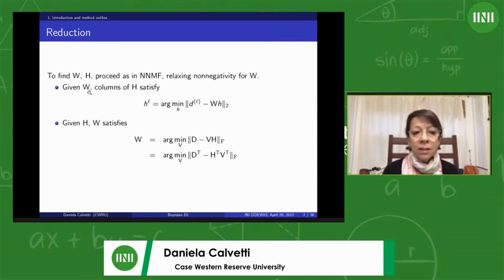Once we have updated all of H, we have a new H, we replace H with the new values, and we update W